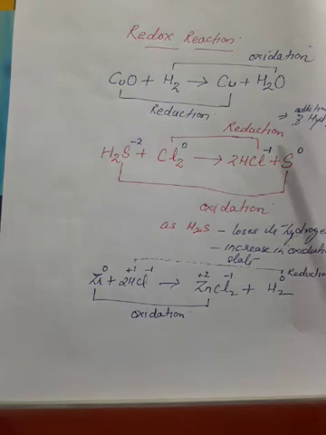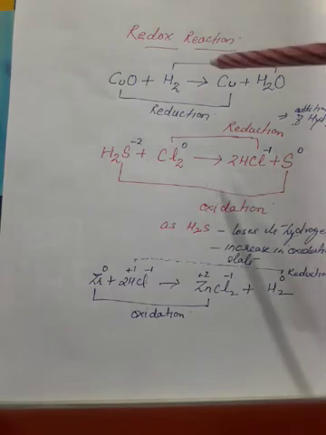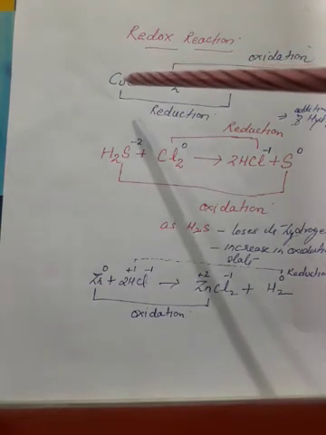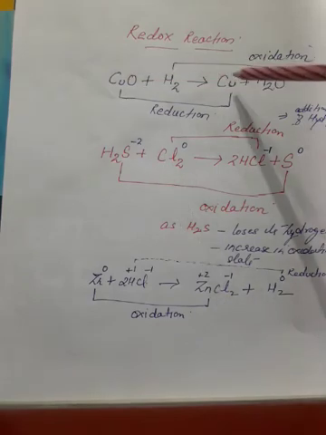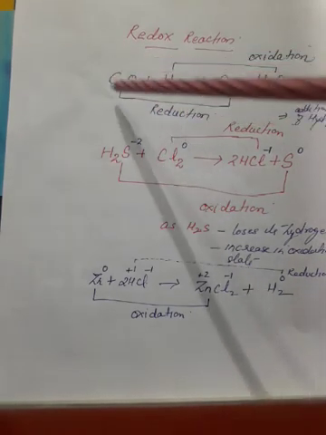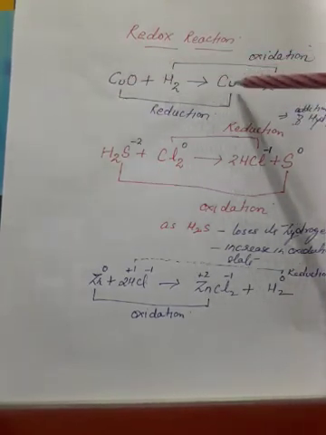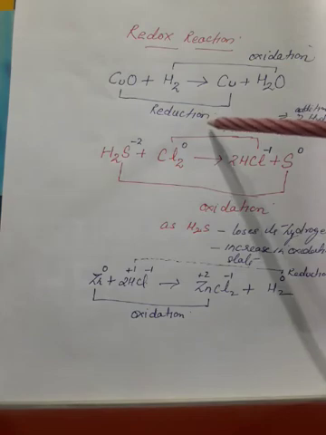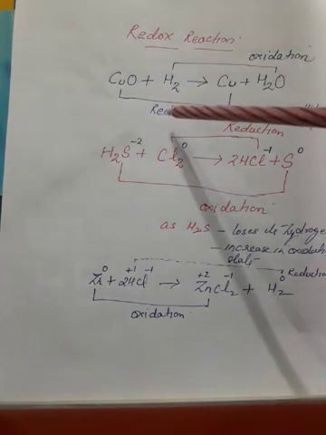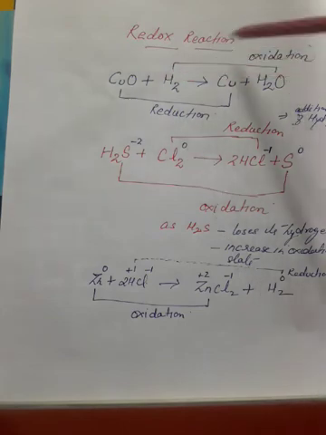First just see, two reactions are taking place here, oxidation as well as reduction. So which one is reduction? Today only I have explained. Copper oxide will be reduced to copper due to loss of oxygen. So this conversion of copper oxide to copper is a reduction reaction, whereas at the same time hydrogen will convert into water. This is known as oxidation.